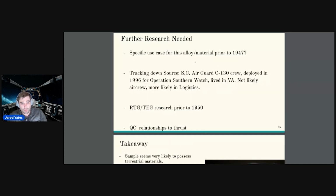So here's what we still need. This is what I would suggest to anyone else that's really interested and wants to spend some time looking into this. Can anybody find a special use case for this bismuth, magnesium, zinc? Can you find a paper that was written prior to 1947 that talks about these three things being used together? Because that would be really interesting, especially if it was with regards to some kind of thermoelectric, thermoluminescent